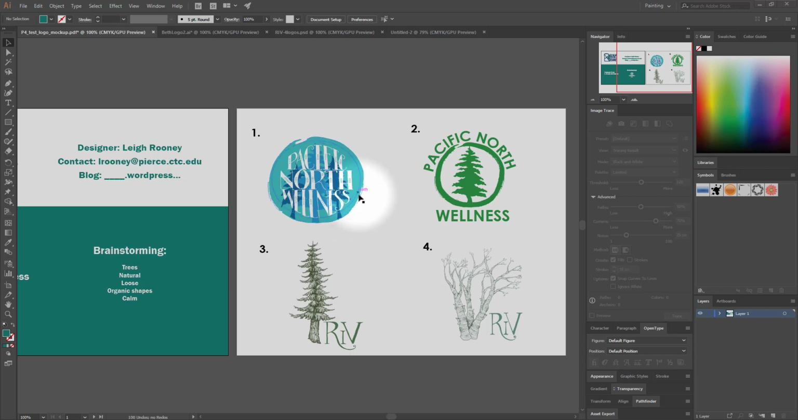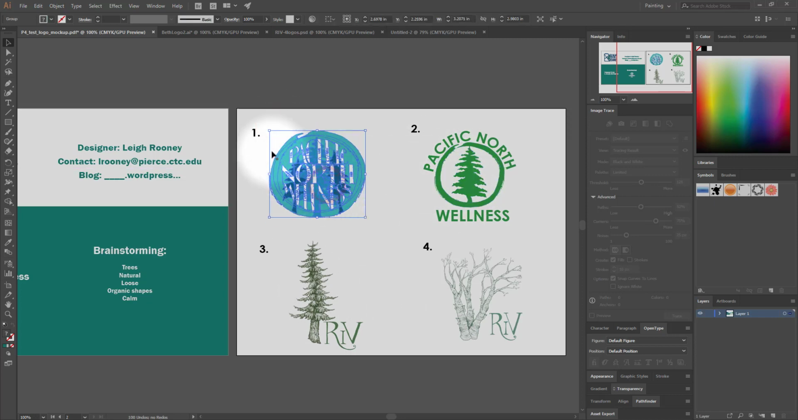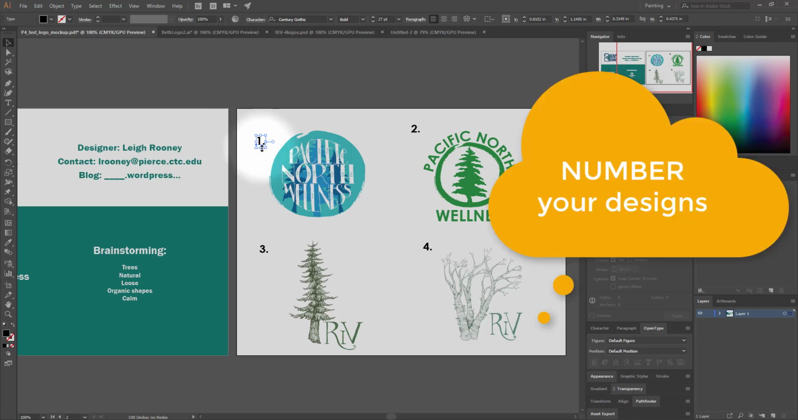So this, I made some ink on a piece of paper and I image traced it and then I just filled it in. So think about ways you can make your design interesting based on what we've done so far. You're going to have 4 different designs here and you're going to space them out on the page really nice. And a really important thing that I learned over time from not doing this is to number the designs,